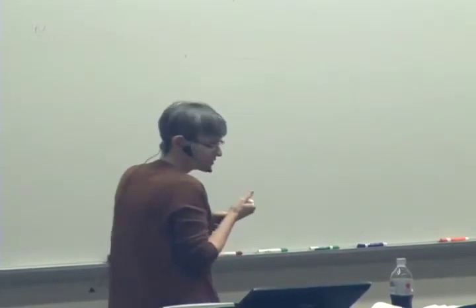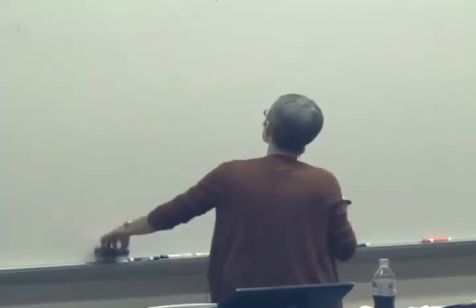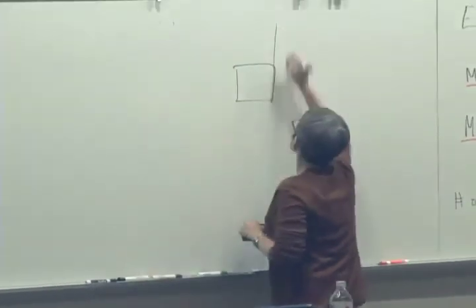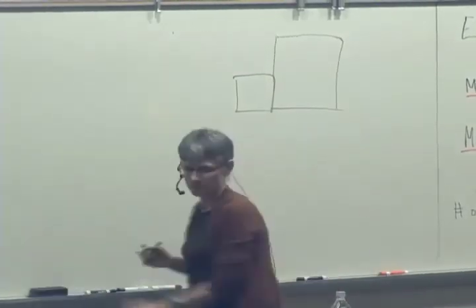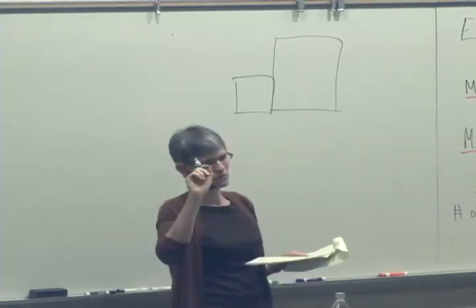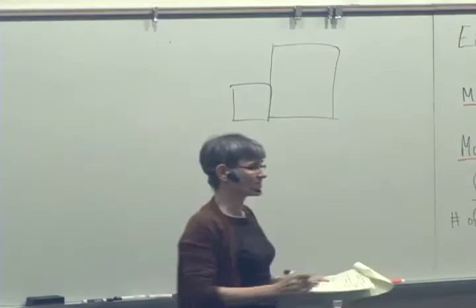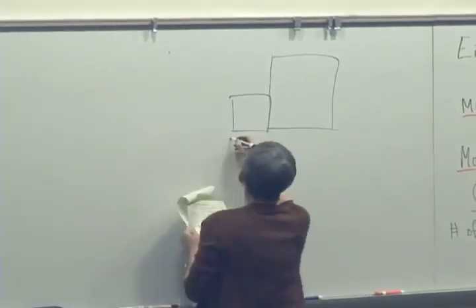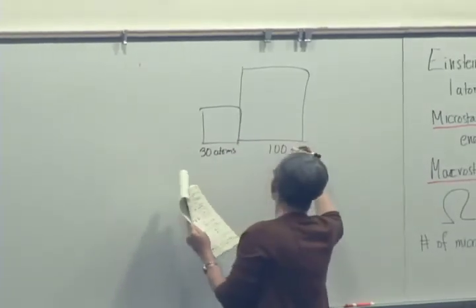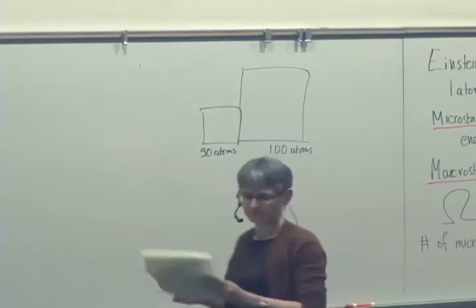What happens? What's the situation when they finally come to equilibrium? So the question is, if we consider two objects that are in contact and going to come to equilibrium, and suppose we had a little object and a big object. Suppose these are nanoparticles. These are real solids. Nanotechnology is a big deal now. So these are nanoparticles, and suppose we had 30 atoms in this one and 100 atoms in that one.